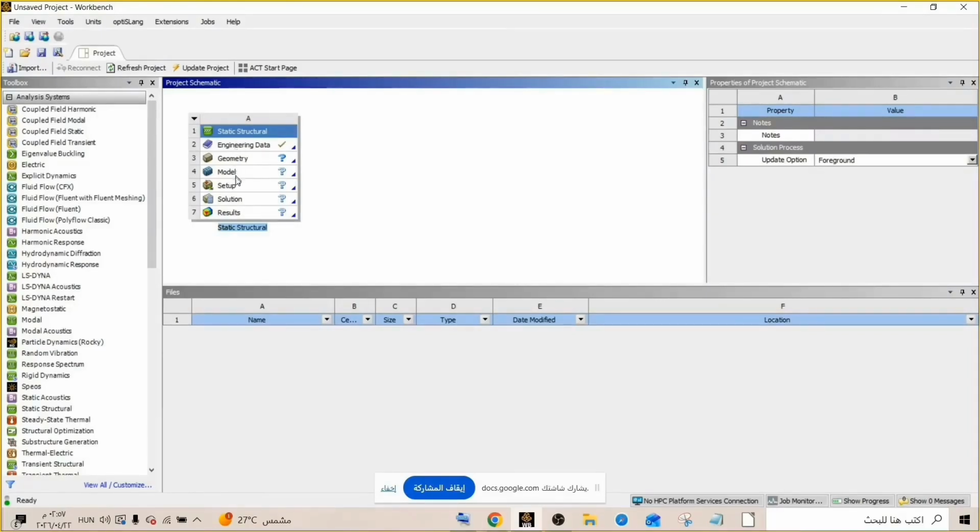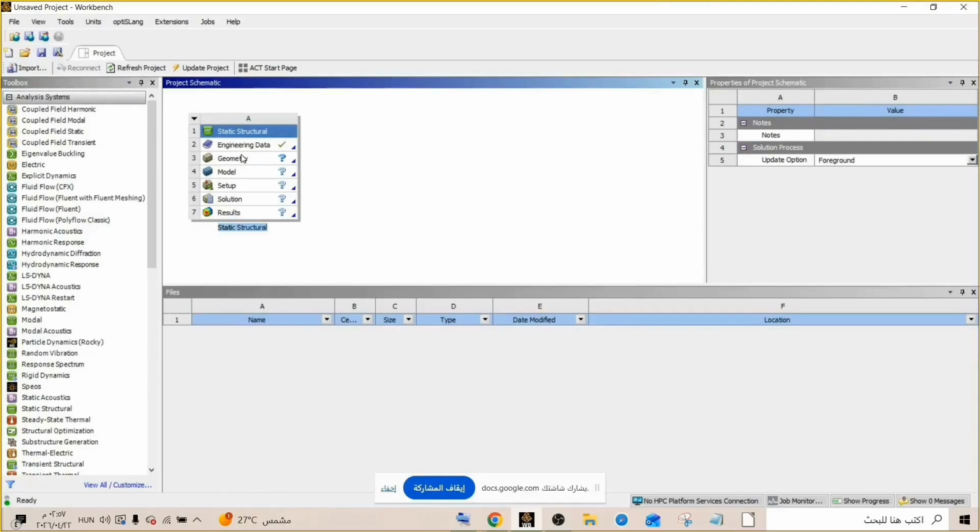So in the static structural analysis, you can see various steps starting from engineering data, geometry, model, and eventually finishing in results.